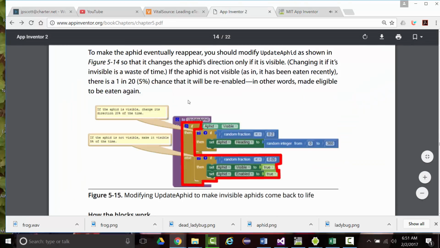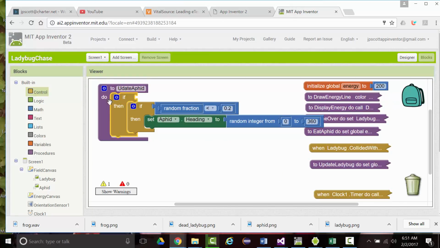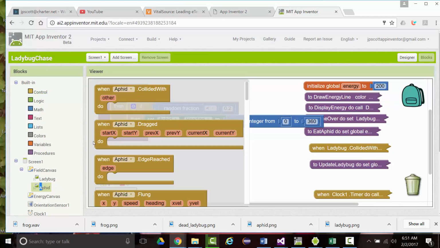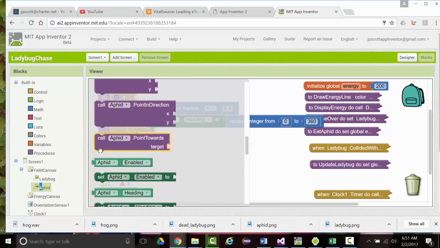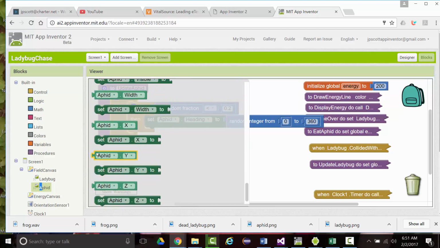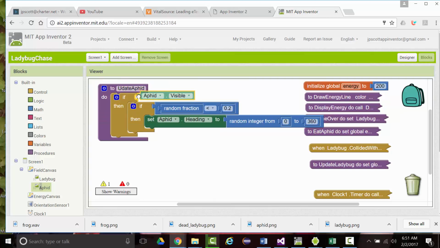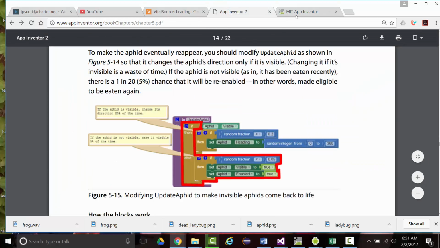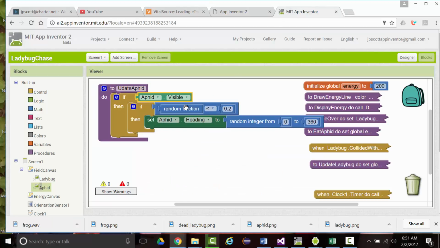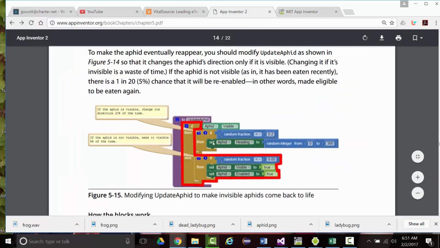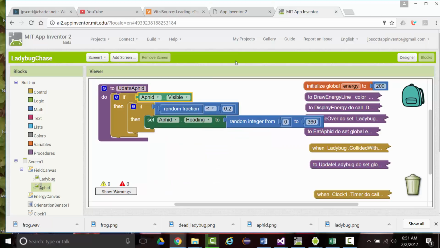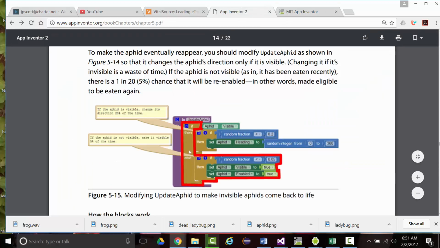Okay, so if the aphid is visible, did we do that correctly? Okay, yes, that looks okay, but we want to add an else block, and that else block will be around